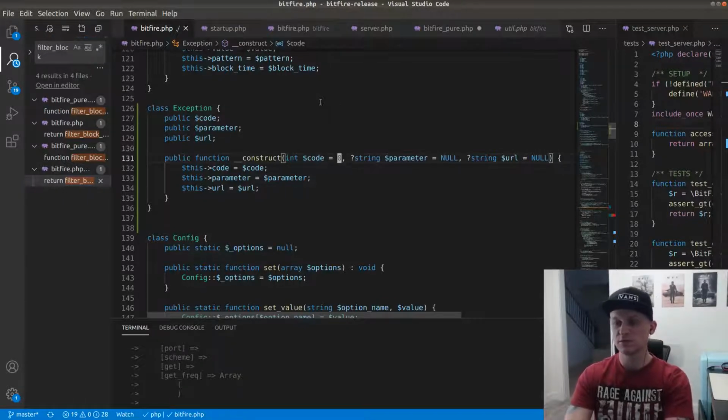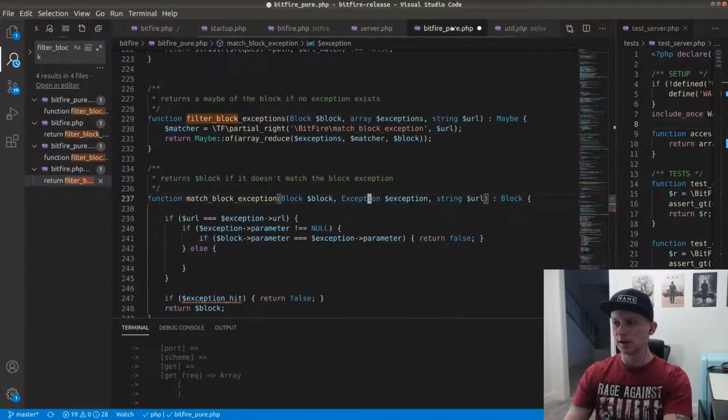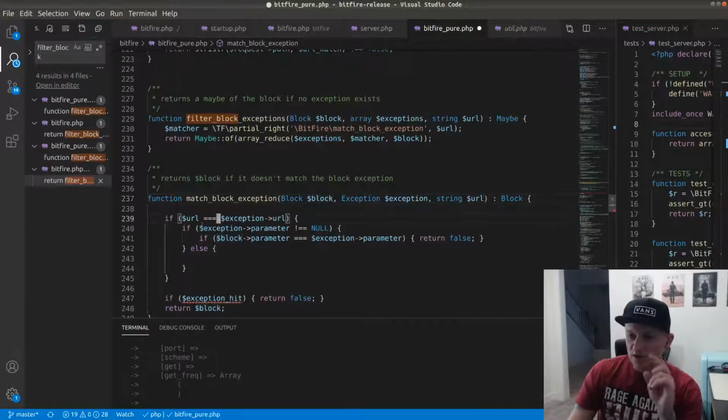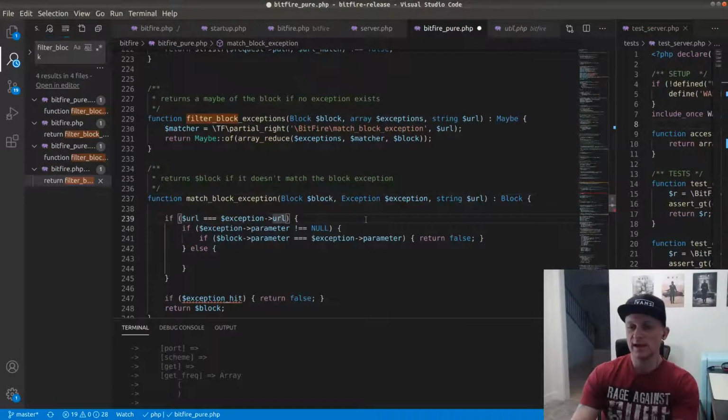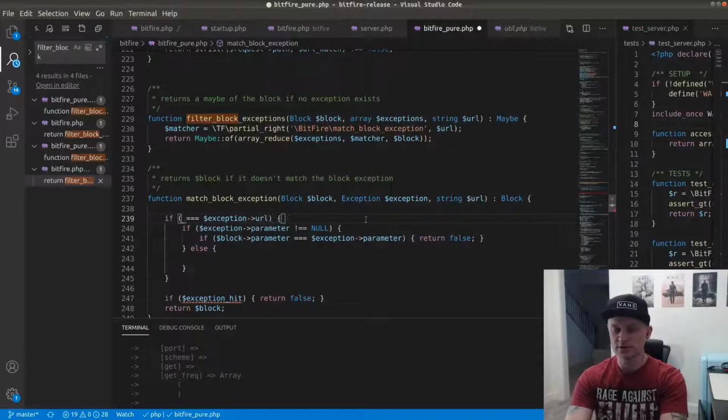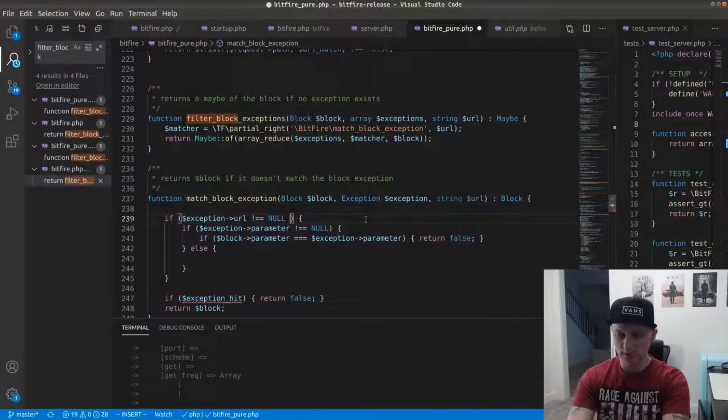Put some defaults in here. Okay, sweet. So if, and we don't know if we even have a URL, so let's invert this. If exception URL is not equal to null and the block,